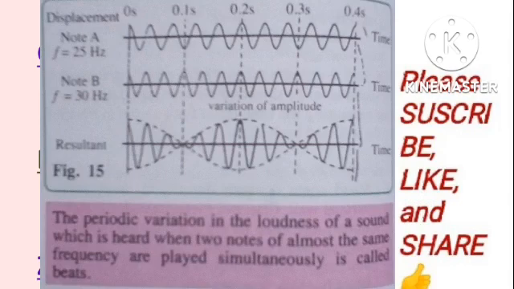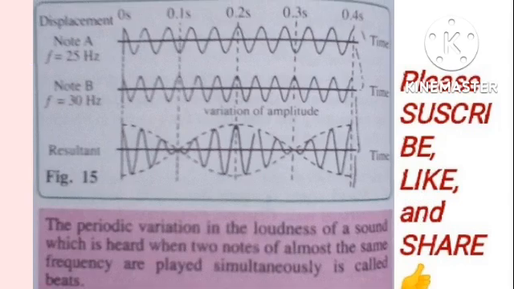And when two sound waves that are slightly similar in frequency interfere, it results in a process known as beats. Now, these two sound waves will be slightly different in their frequencies. For example, when you beat two forks of nearly equal frequencies and the waves travel in the same direction, then the